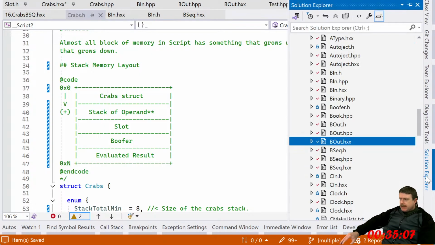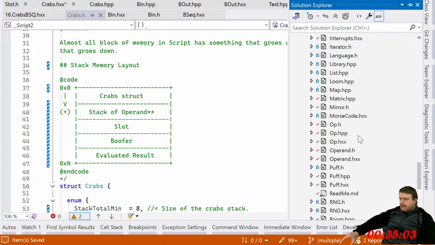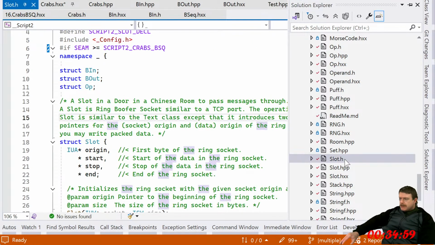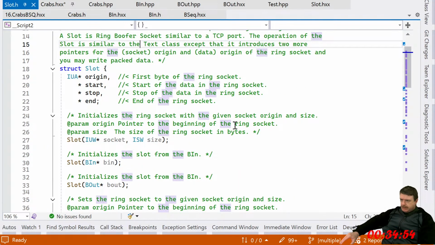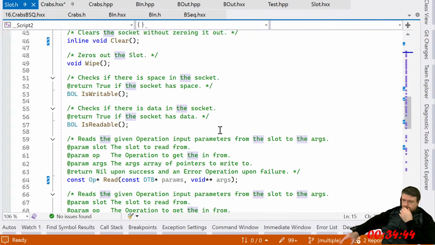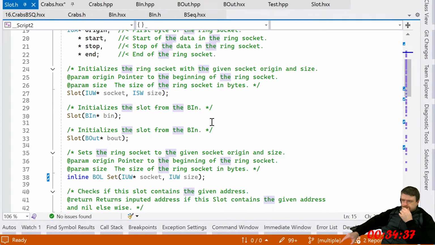Shoot, so what's in a slot again? Oh, my head's swimming. I'm trying to get some decent progress on the live stream without being too distracting.